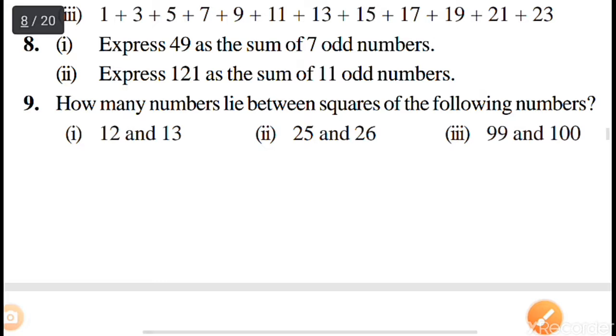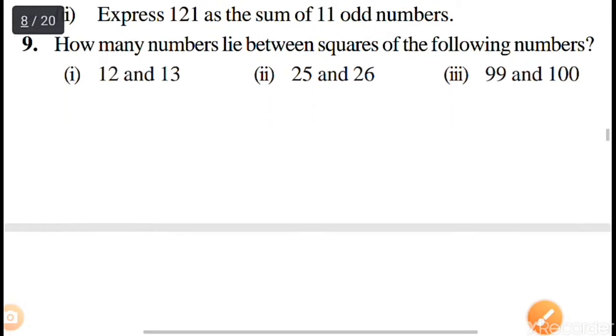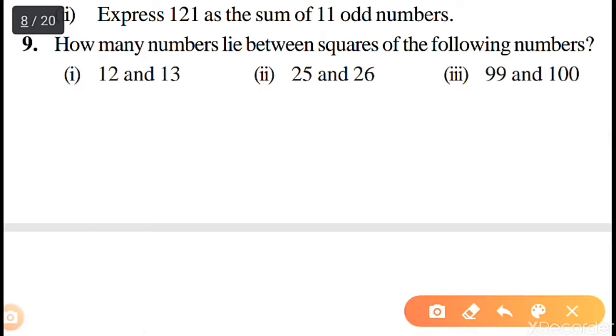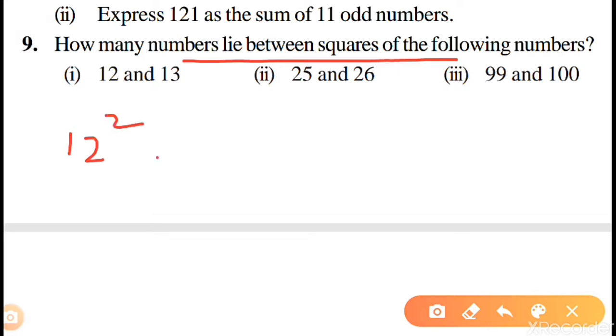Now question number 9: how many numbers lie between the squares of the following numbers? This question is also being discussed. Now we have told you how to find the numbers that lie between the squares of 12 and 13. We know 12 square and there are certain numbers, and then 13 square. We know 12 square is